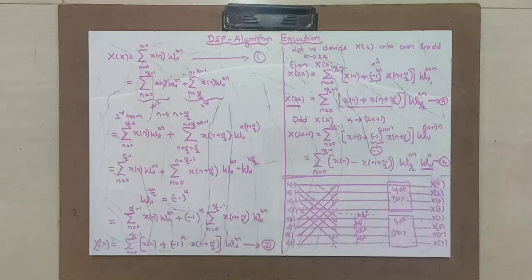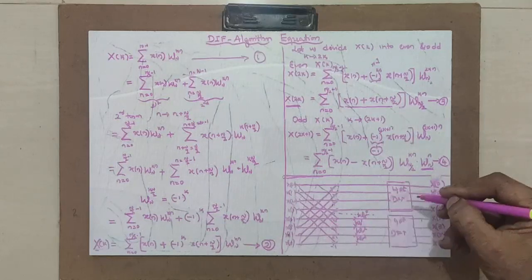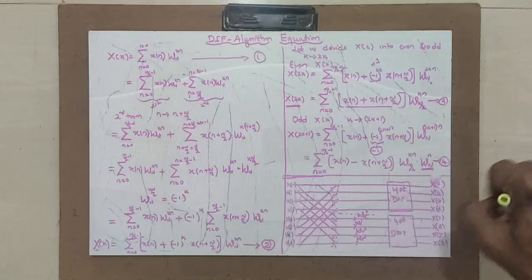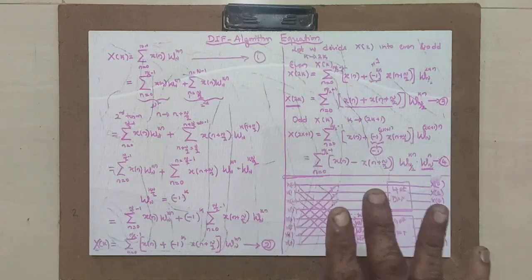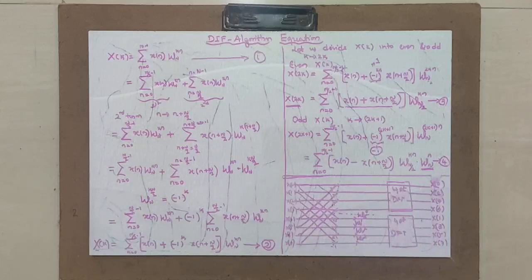Correct? That you already know. You have done that. You have solved a lot of problems on DIF algorithms, the full flow diagram. Next comes the 4-point twiddle factor, and last the 2-point crisscross. That will finalize the DIF algorithm. But this is the theory behind the derivation of the DIF algorithm. Just know about the theory and this equation. I shall not say that this is a very important equation problem-wise, but you know how to solve DIF algorithm full flow diagram problems. I want you to be very perfect with that, but this is how the theory behind the DIF algorithm exists.